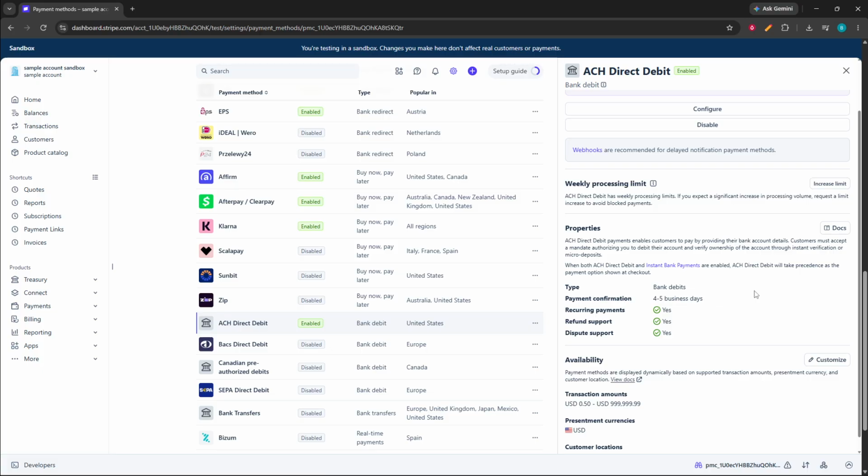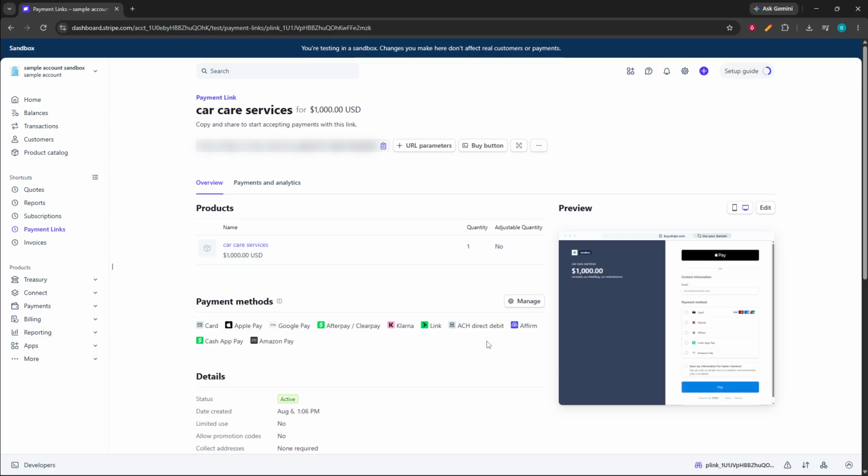Go through the process as a customer would and confirm that ACH Direct Debit now appears as an available payment method for eligible customers. This is a good way to make sure everything is working correctly before you begin accepting live payments through this method. Once the test is successful, your setup is complete. ACH Direct Debit should now be active and ready to use based on your Stripe account